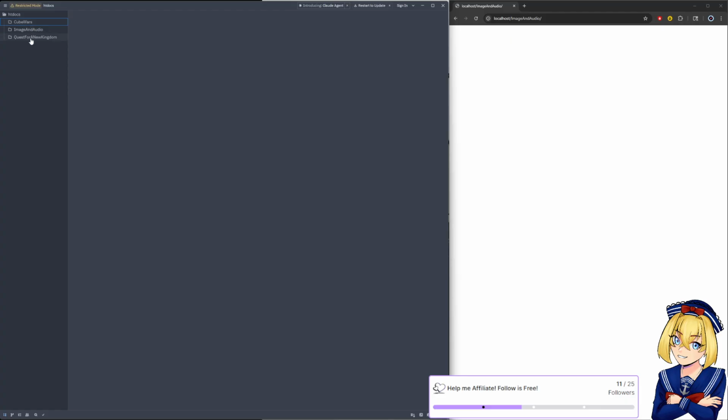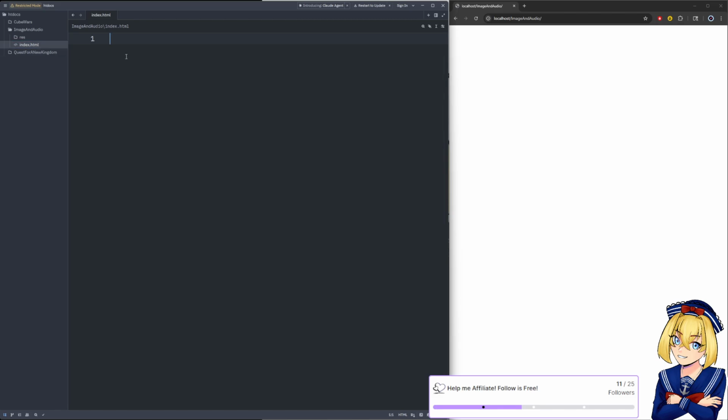We want to open image and audio, that's what we're currently working on, and we can do index.html because that's the file we're looking at here. Okay, so I guess I still need that open for now. Let's minimize this. Let's get the music playing until we get some audio stuff set up.